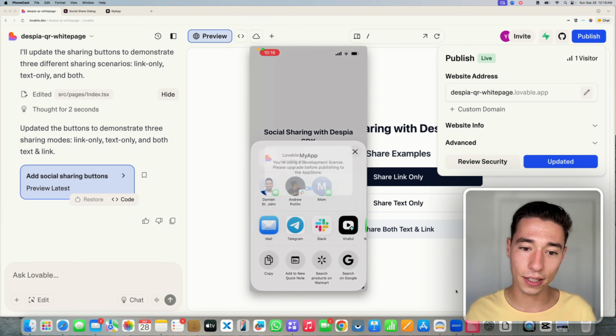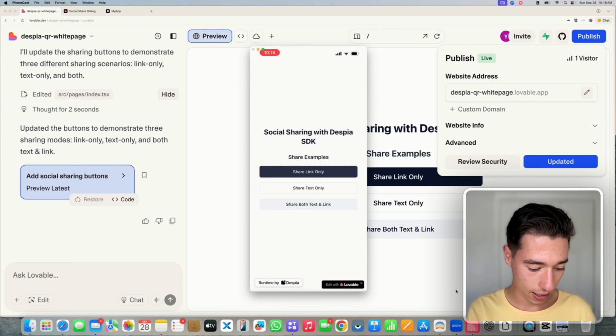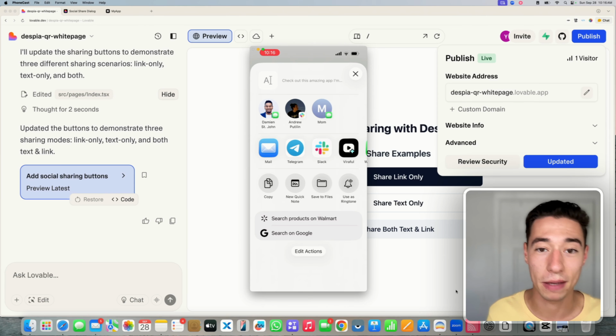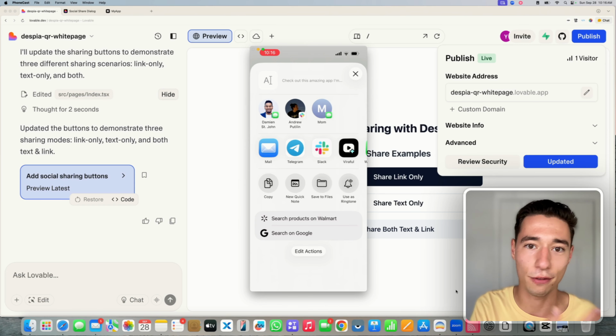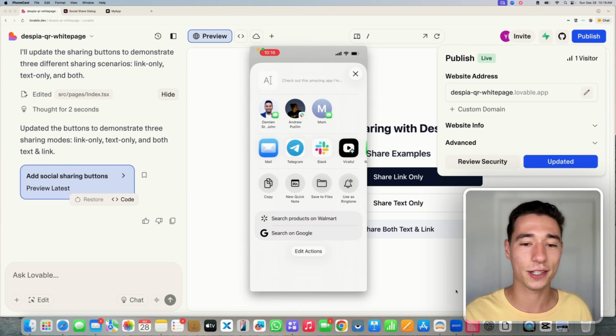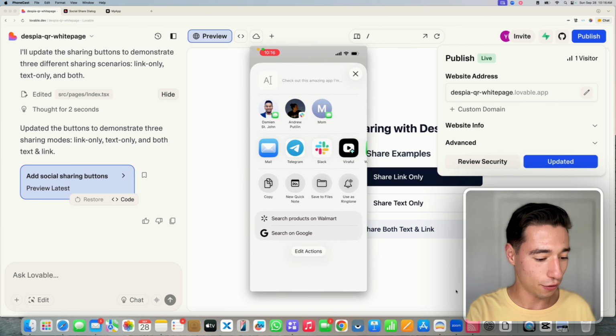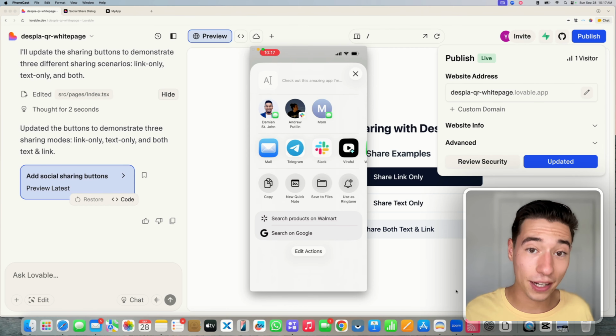As you can see, share link only. We only have the Lovable link being shared. And then in here, we're doing share text only. As you can see, we're only sharing text: check out this amazing app. You can use this if you're sending people a link or an affiliate code, a discount code. You can implement those functionalities into your app so your users can share, like, hey, here's my personal invite code. Sign into this app and get 10% off. And then the person who shared the code gets a commission. And you can build those cool affiliate marketing systems and bring some social networking, financial aspect, affiliate stuff into